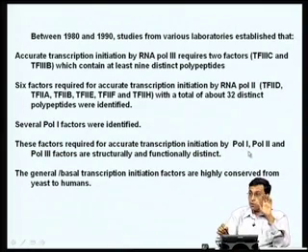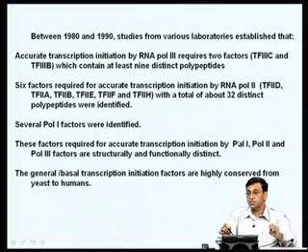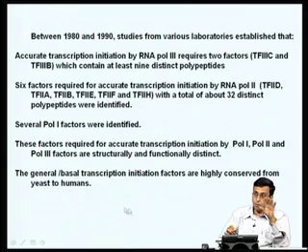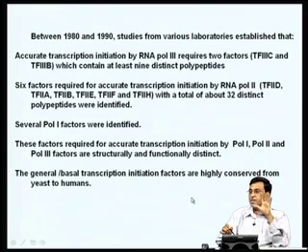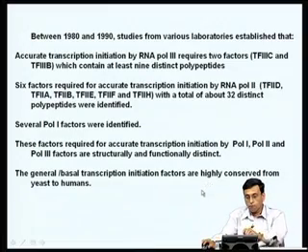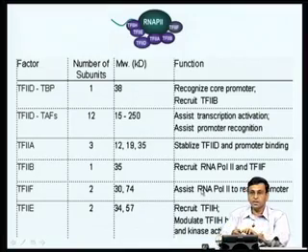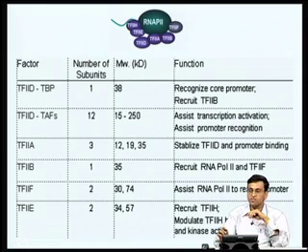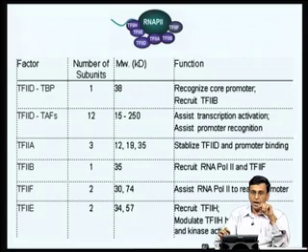They also found that whether you purify these transcription factors from yeast, Drosophila, mammalian cells or sea urchin cells, they all seem to be highly conserved. This clearly told us that these protein factors, which help the RNA polymerase to accurately initiate transcription, are highly conserved from yeast to man. That was the outcome of the various research that took place between the 1980s and 1990s. So, I have just given you a summary of the various research efforts that went into the identification of all these key accessory proteins that help the RNA polymerase transcribe protein coding genes.